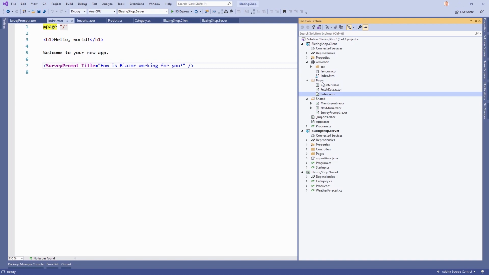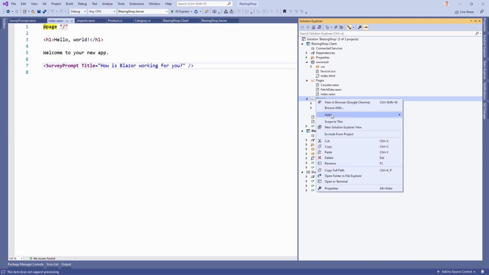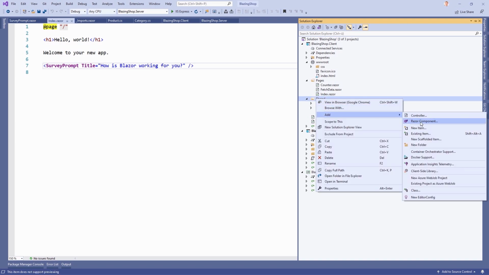So we have a folder pages for full pages, like the index page here, and a folder shared for components that are, well, shared between several pages maybe, or even between other components then, because of course every component can have then another component, and this one can have another component, and so on. So on the shared folder, we click add Razor component,